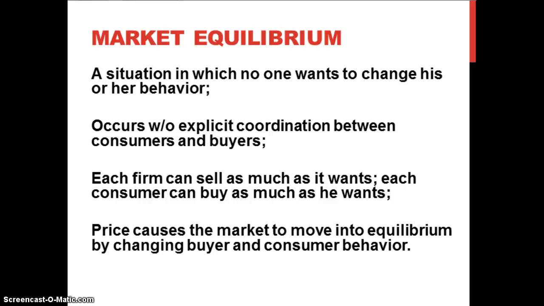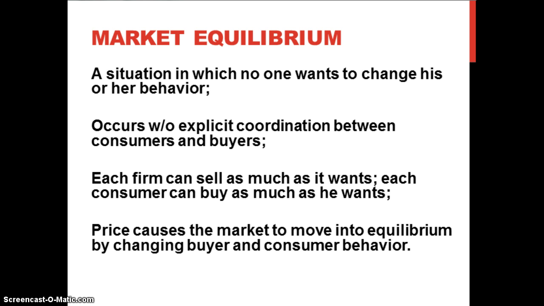And then the intersection of demand and supply curves is called market equilibrium. In that situation, classic economics assumes that no one wants to change his or her behavior at that equilibrium, and it occurs only in a free market. So they believe that the price determined by interactions of buyers and sellers will be very efficient, and nobody needs